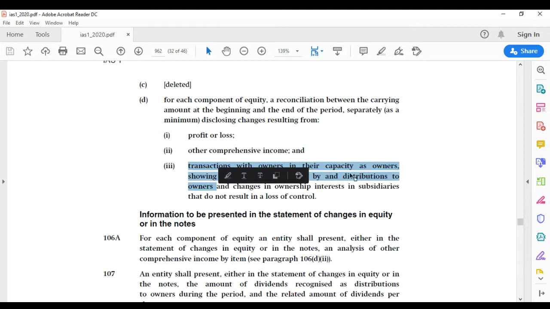So that means effectively, ladies and gentlemen, that for each class of shares, we will also need a column. So if we have ordinary shares, then we'll have a column called ordinary share capital. And then transactions with our owners, such as the issue of new shares, will be included in that column. If you have a buyback of ordinary shares or a redemption of preference shares, it will be indicated under that